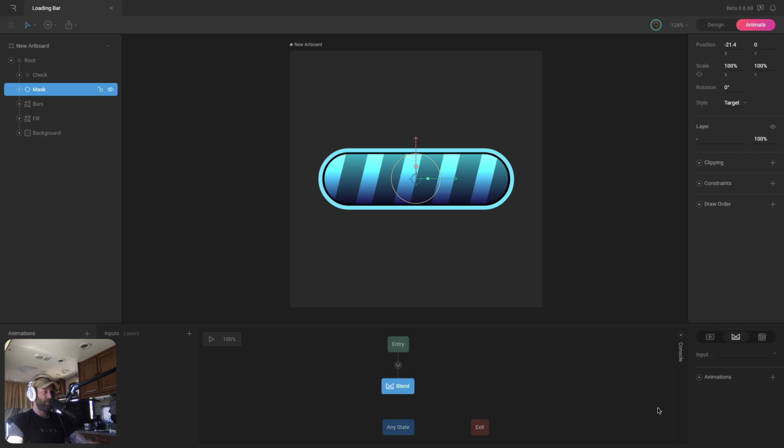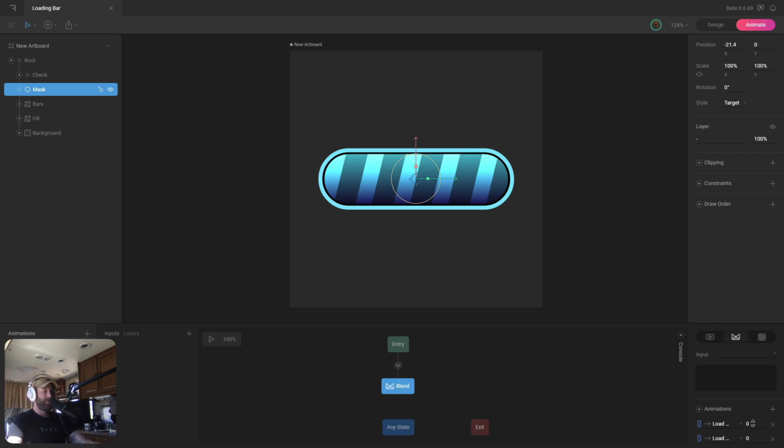So I've added the transition, and now you can see on the state we've got this animations list. I'm just going to hit this plus button a couple times, and that's going to give us a space to put each one of our animations in. So let's do that. I'm going to add the load start and then load finish animations here. And now you can see we've got numbers to the right side of each animation. Now this is how we define which animation is going to be playing fully at the particular value that's listed here.